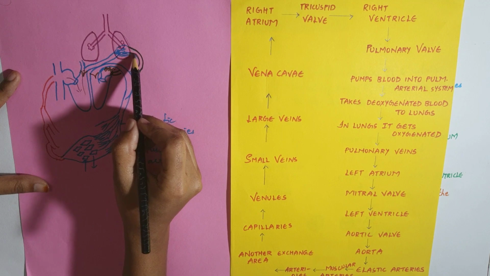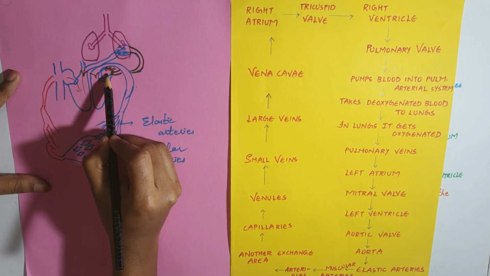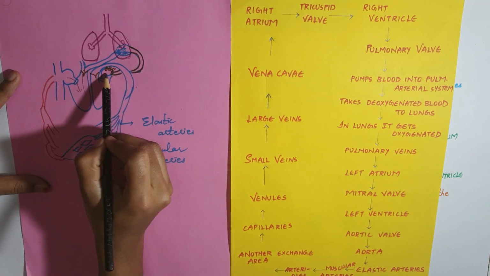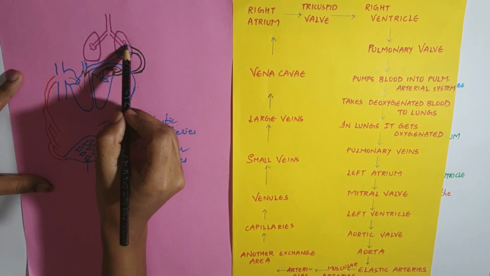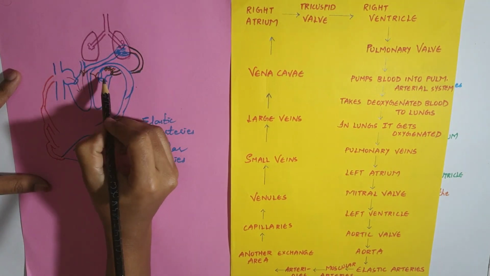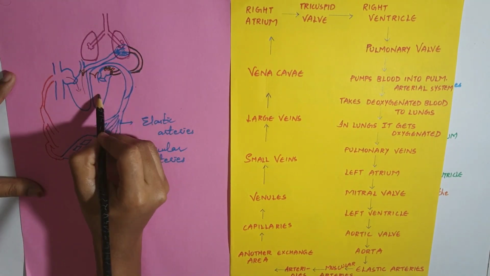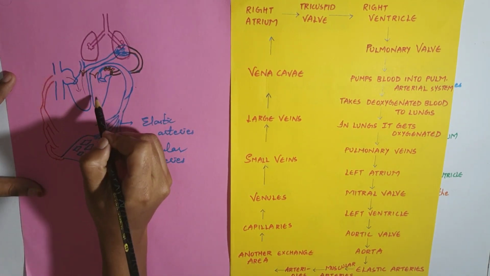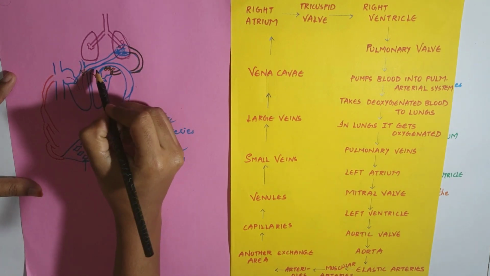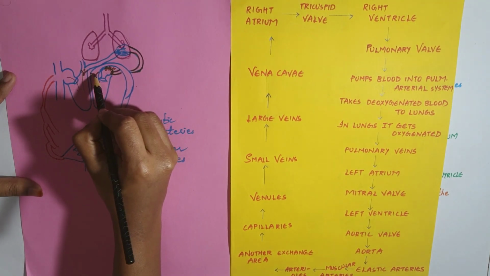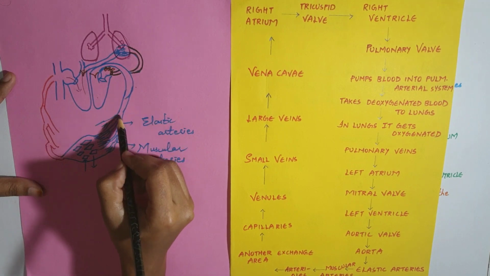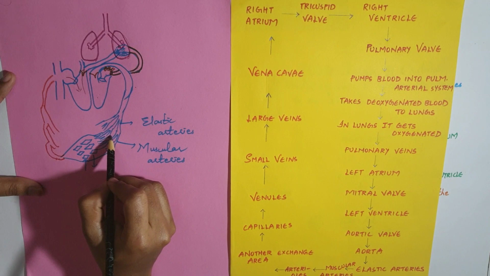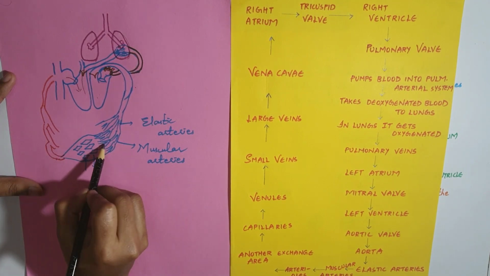Now this oxygenated blood enters into left atrium through veins known as pulmonary veins, which are 4 in number. The oxygenated blood from the left atrium enters into the left ventricle through mitral valve or the bicuspid valve. The blood from the left ventricle enters into aorta through a valve known as aortic valve. Aorta then gives its branches known as the elastic arteries, which then divides and gives muscular arteries, which divides into